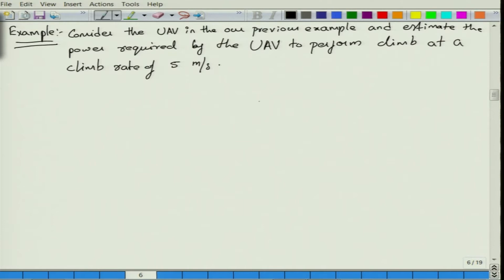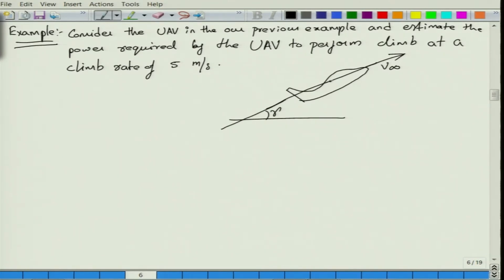Just before proceeding to this particular subroutine development, we will have a quick look at the dynamics that we discussed earlier for climb performance. Let us say this aircraft is moving at a forward velocity V infinity and is in climb with a climb angle gamma.